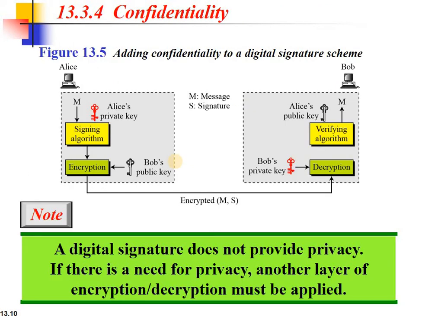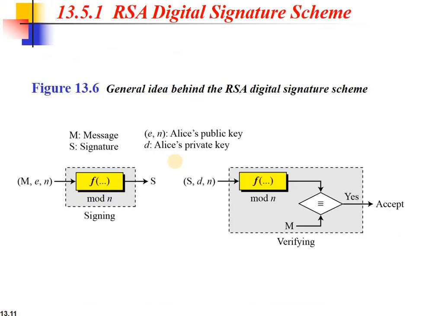One example of a digital signature scheme is the RSA digital signature scheme. RSA is already discussed, I think. In RSA, there is a message and a signature when we talk about the digital signature. In public key encryption, you have to use different keys for the encryption and the decryption procedure. For the encryption, you use Alice's public key. Alice's public keys are E and N, where E is the public key and N is the multiplication of two large prime numbers. The second one is Alice's private key, which is D.